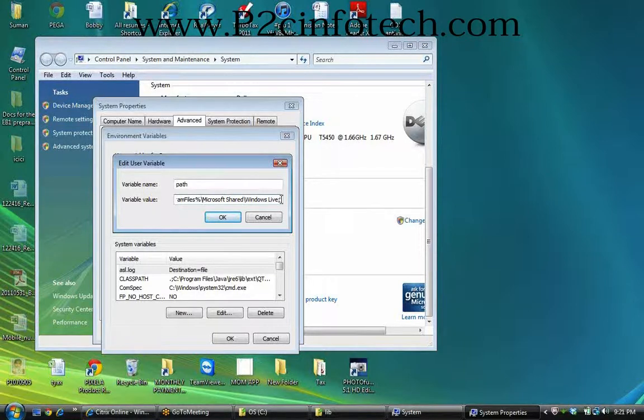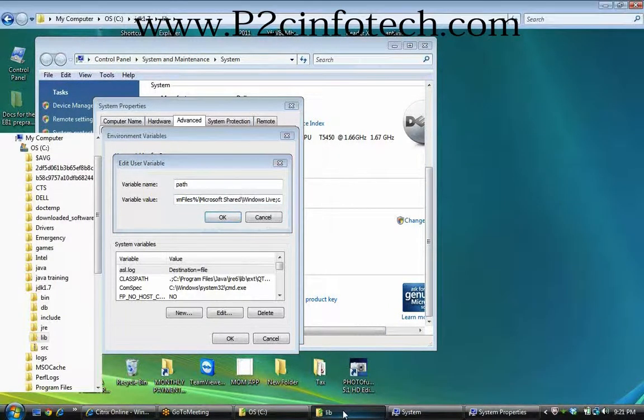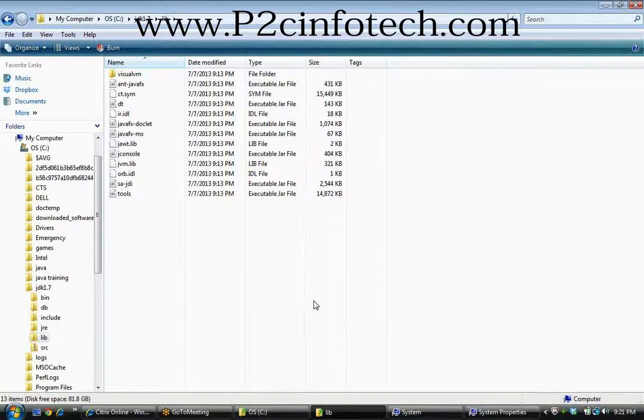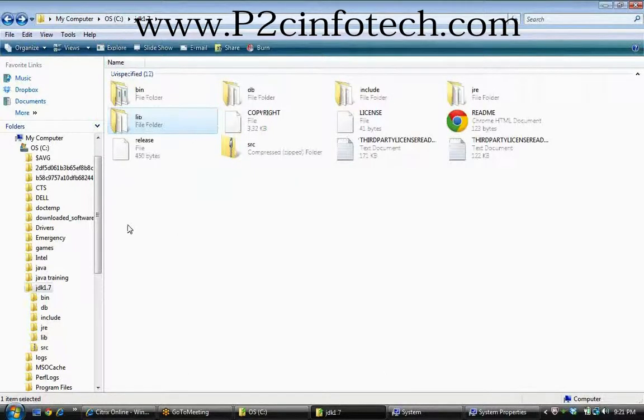Let's keep that one open, and there you have to type C:/. Or else you can open the JDK folder, and open the bin folder.